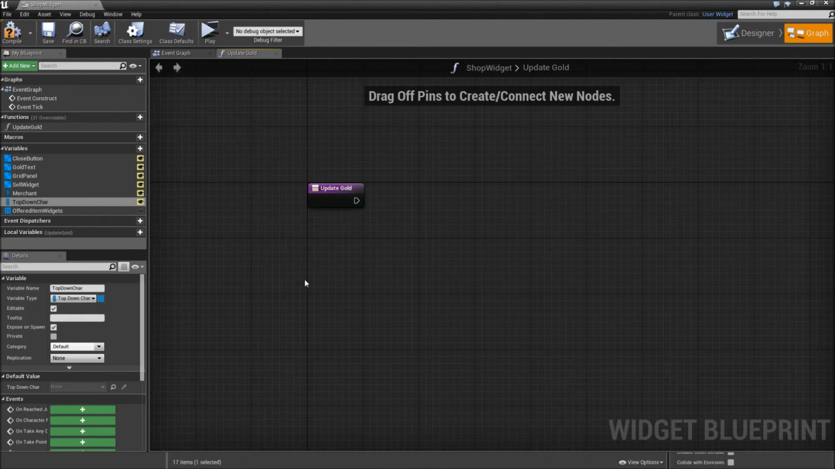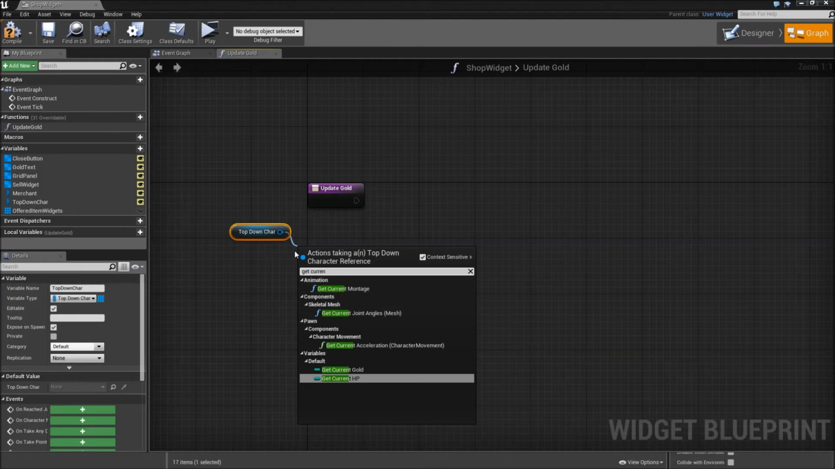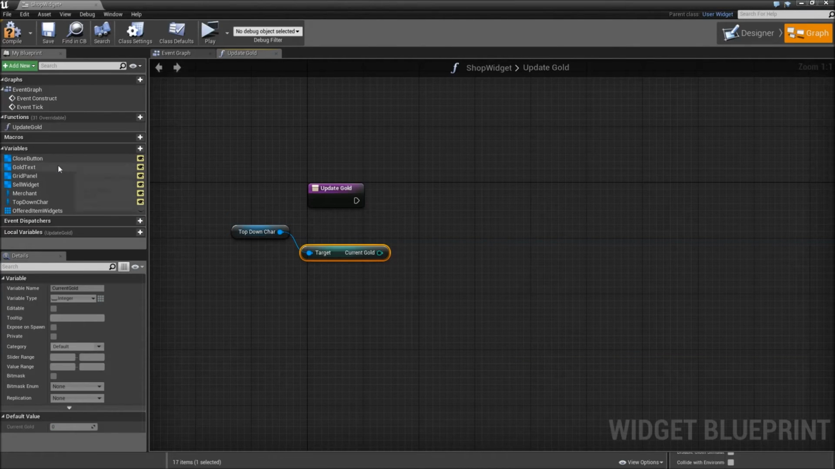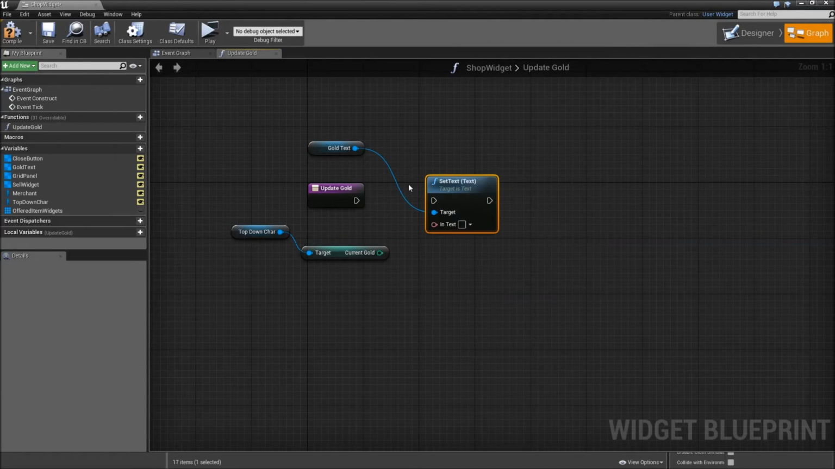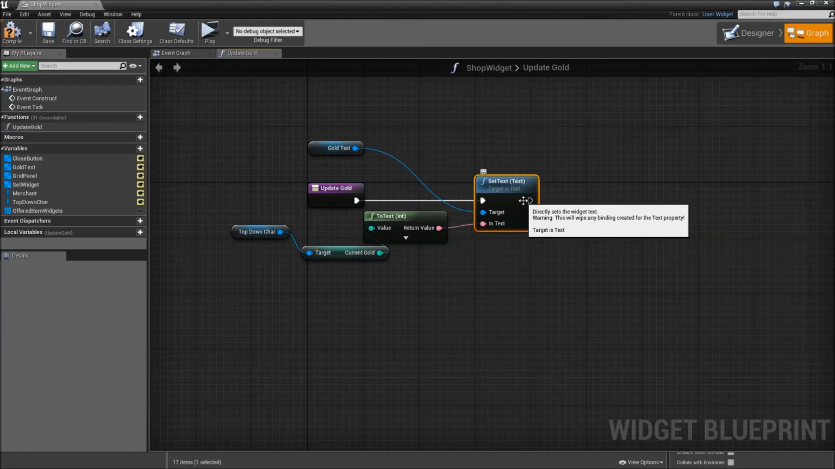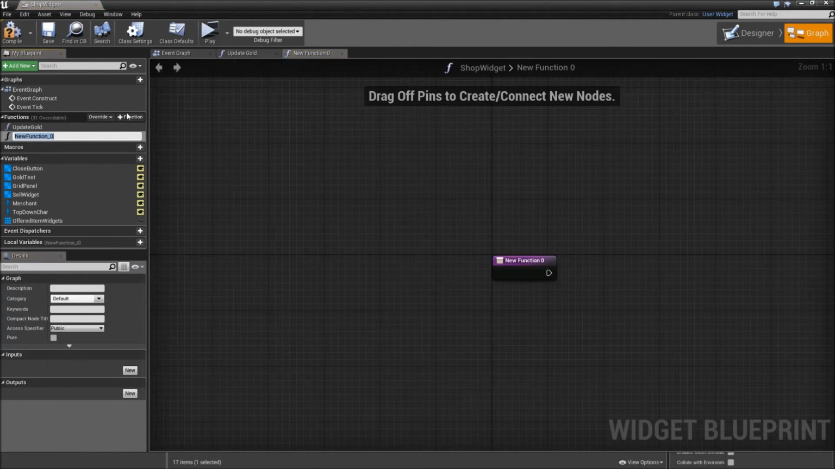Then in our update gold function we will get the top-down character, get its current gold, get the gold text and set text to the current gold. After that we will return. Next function will be generate item list,